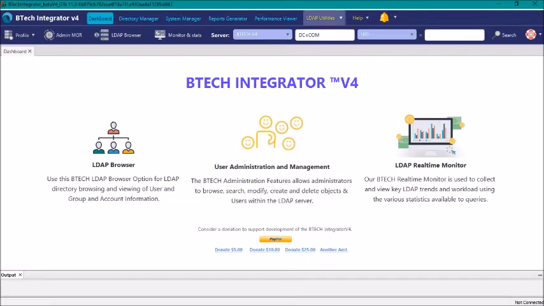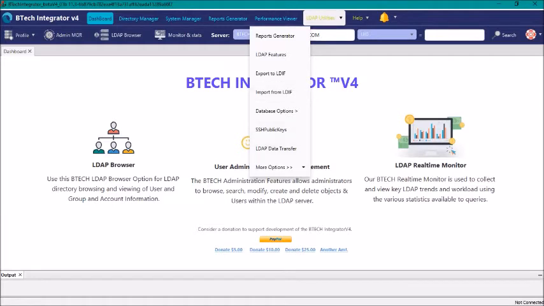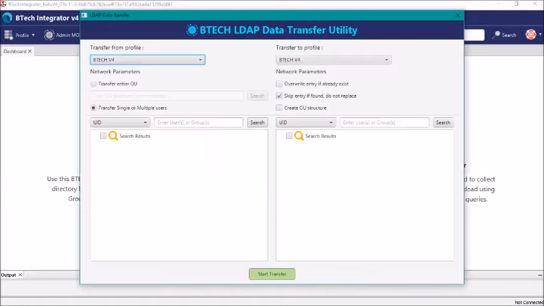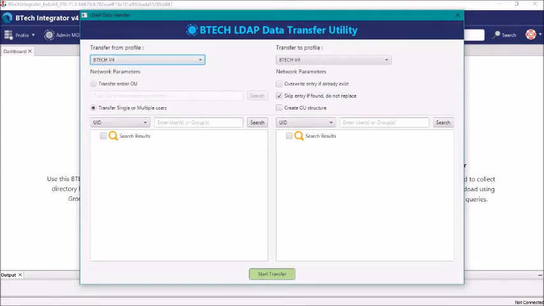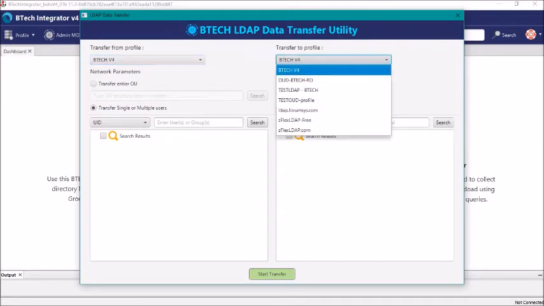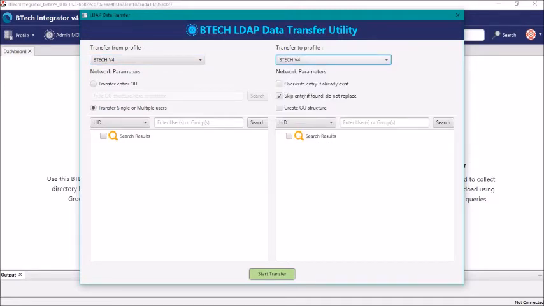Today we're going to look at this option here under the utilities called LDAP Data Transfer. The data transfer option allows you to move and copy, primarily copy, data from one LDAP server to another LDAP server, as long as you have the correct profile